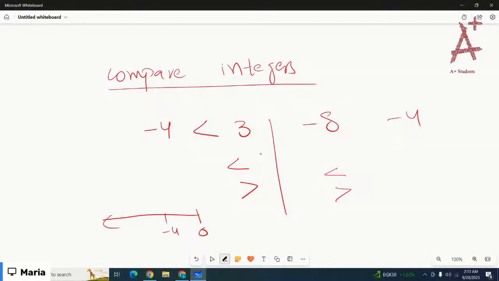Negative 4 is here and negative 8 is here. I just explained, as you are moving far from 0, the numbers are getting smaller and smaller. So negative 8 is less than negative 4. As you are moving far from 0, the numbers are getting smaller and smaller. So negative 8 is less than negative 4, right? Okay, then another example is you have to compare 4 and